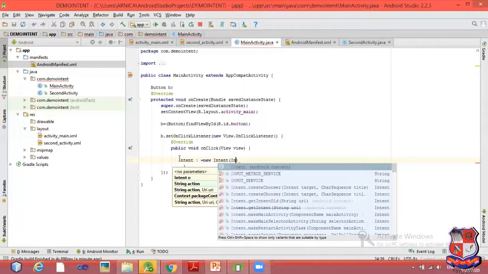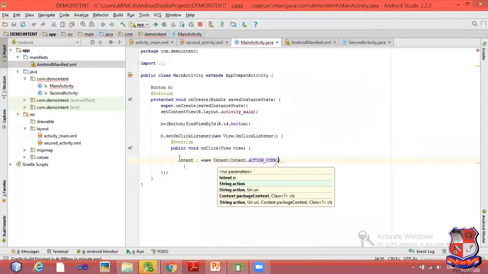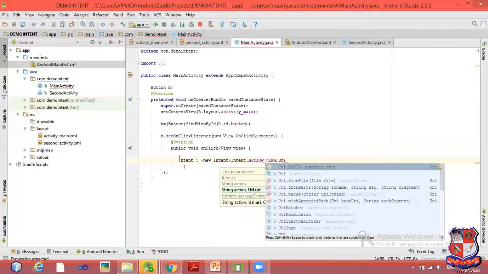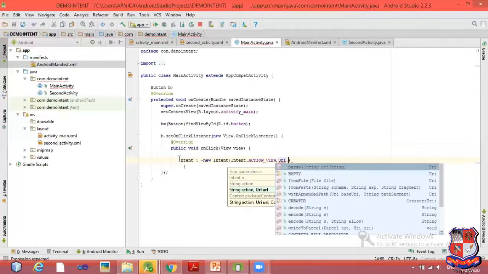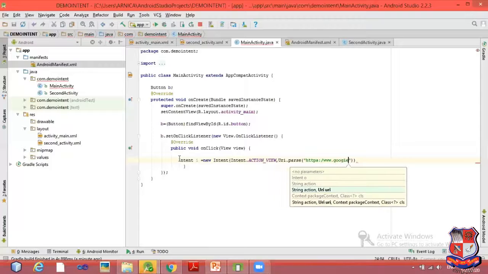So to define the built-in intent, write Intent dot, say we are using ACTION_VIEW, to call the built-in ACTION_VIEW intent, which will open the browser with the URI. So Uri.parse. Here I need to write google.com. For that, https colon google.com.